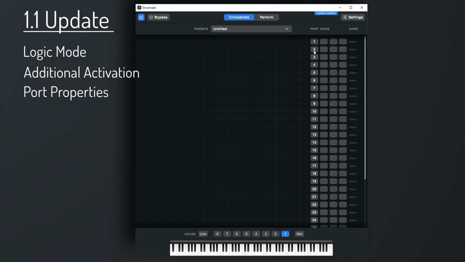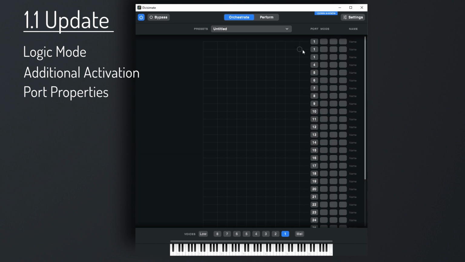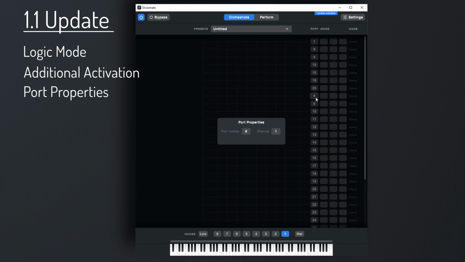That can be interesting when you're working with larger templates, and especially if you have multi-timbral instruments or samplers with different articulations or patches. For most people, it won't be necessary to change the port number for a row, and it can lead to confusion on the orchestrate page if the ports are no longer in order. But if you are that kind of person and you want to set up that kind of thing, you can